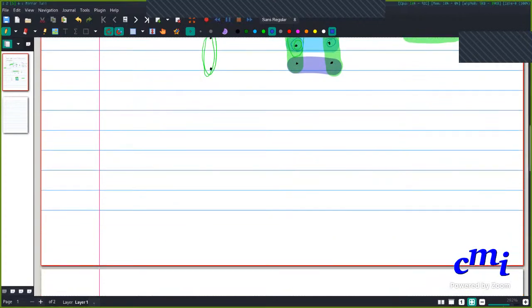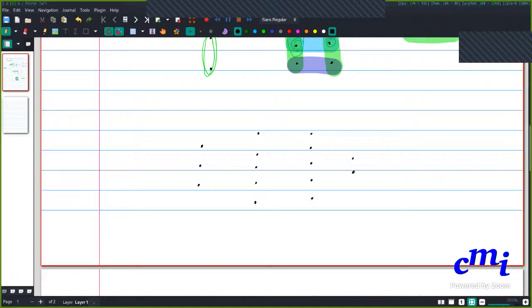So again, let's suppose that we have some network that looks like this.